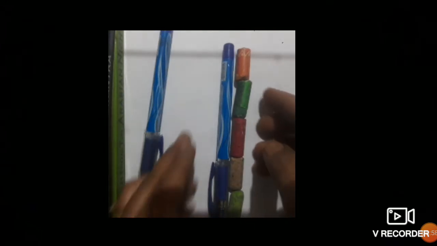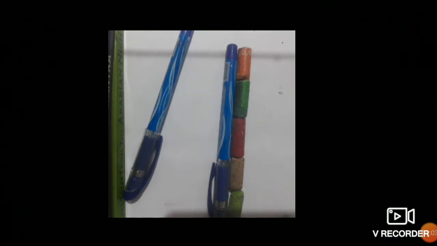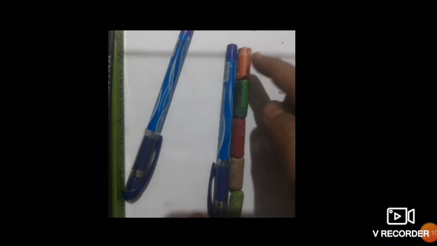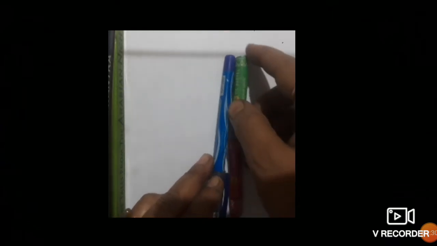Now see, look carefully. Now I don't know the measurement. How many pieces of crayons will give you the length of the pen? Let us count. 1, 2, 3, 4, 5. 5 pieces. Now, I'll take a full length of crayon and let me see how many crayons I will need for the measurement. This, and just a little bit of this. So exactly 2 full lengths of crayon will measure the pen.